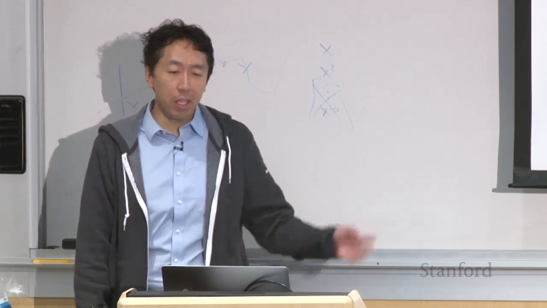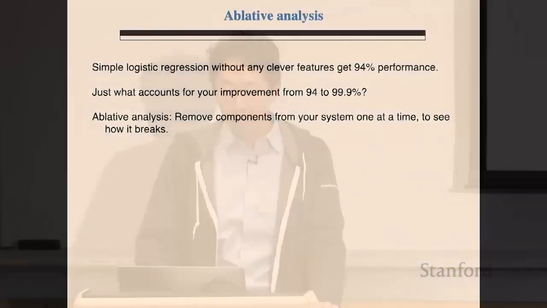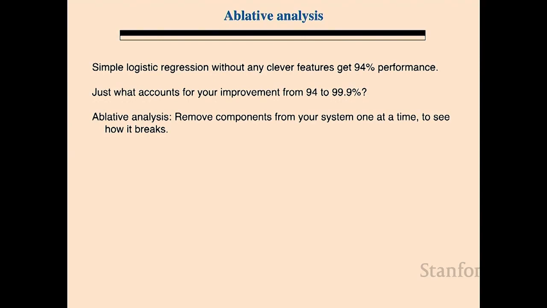And the question is, how well did each of these components really help? If you're writing a research paper, sometimes you say, hey, look, I built a great spam classifier, and that's okay. That's a nice result to have. But if you can explain to your reader, either in a research paper or in a class project report, what actually made a difference, that conveys a lot of insight as well. So, say simple logistic regression got 94% performance, and with the addition of all these clever features, you got 99%